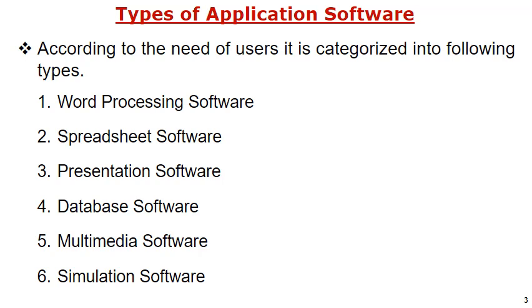So simulation software is basically used for training purposes. Without operating on physical devices, you are going to operate on virtual devices, which are just like similar physical devices. So before accessing the actual devices, you are going to work on and train on simulation software, and then fewer errors and fewer accidents are possible after this simulation software. So these are the various types of application software there. You can see that.